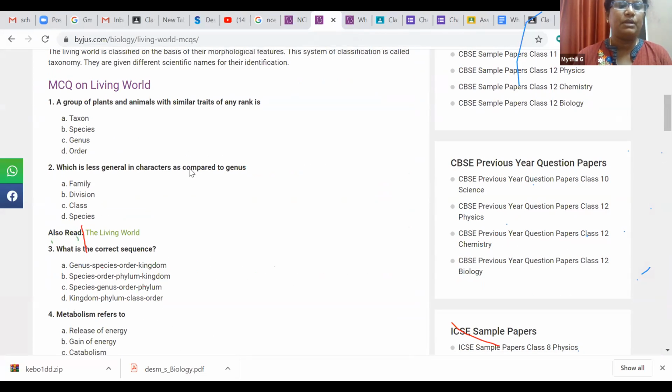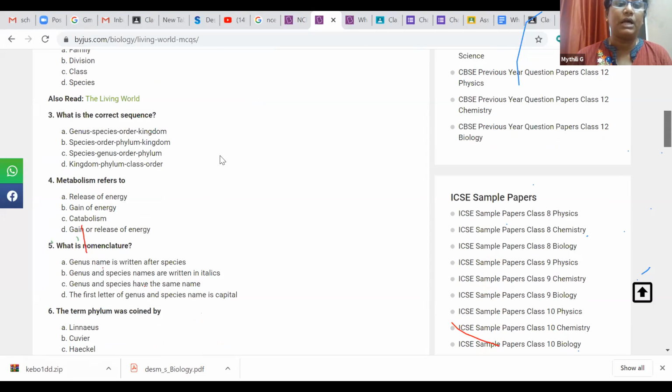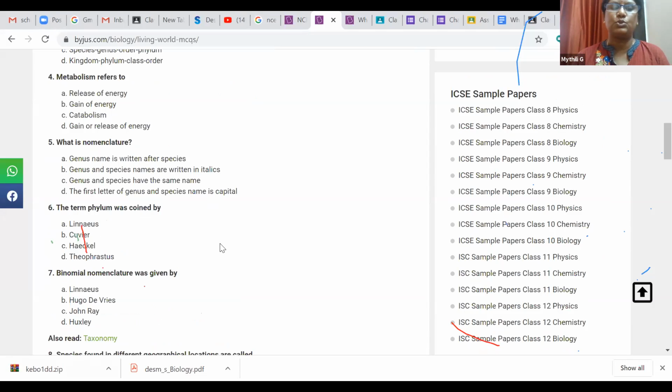See, for example, for these two, if they have correctly answered, then they can move to these 2 questions. If they have answered wrongly, then they will have to attempt these 2 questions. That logic we will have, so I will arrange the questions.